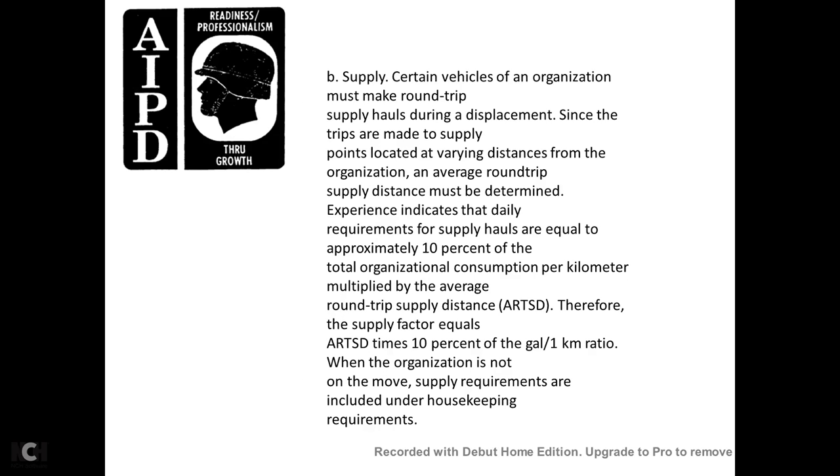B. Supply. To supply certain vehicles, the organization must make round-trip supply hauls during the displacement. Since the trips are made to supply points located at varying distances from the organization, the average round-trip supply distance must be determined. Experience indicates that the daily requirements for the supply hauls are equal to approximately 10% of the total organization consumption per kilometer, multiplied by the average round-trip supply distance, or ARTSD. Therefore, the supply factor equals the average round-trip supply distance times 10% of the gallons per kilometer ratio. When an organization is not on the move,